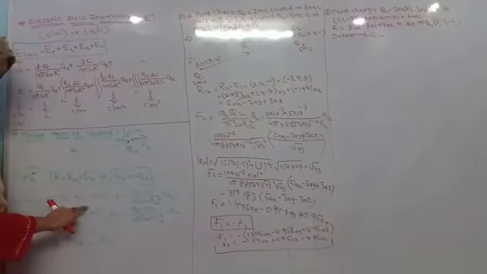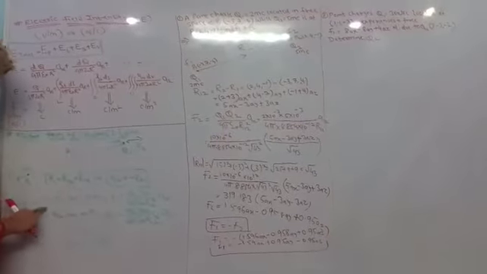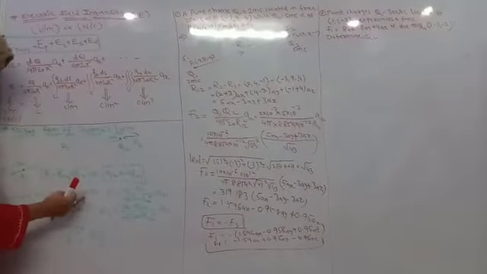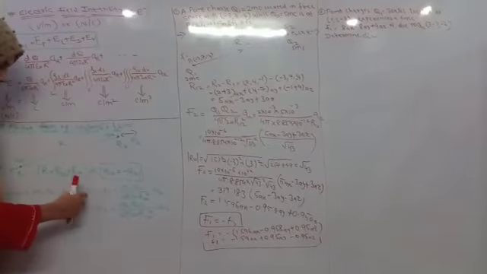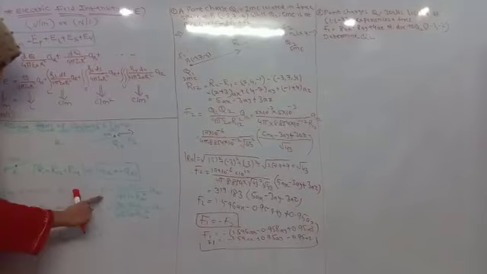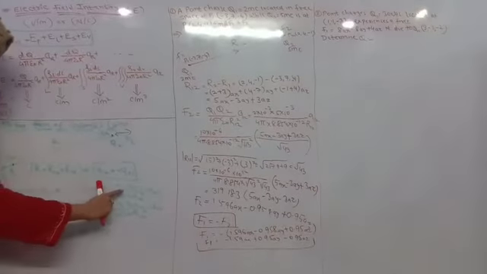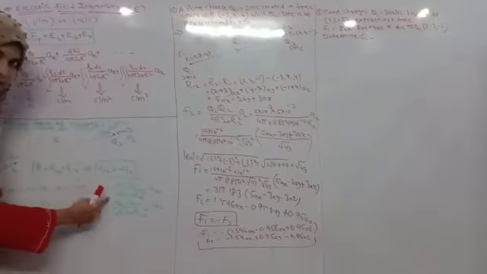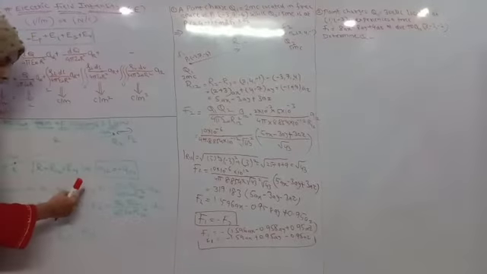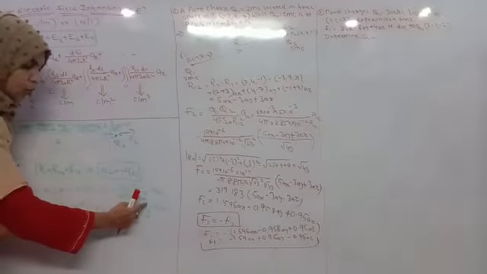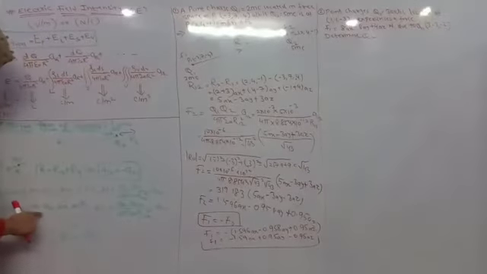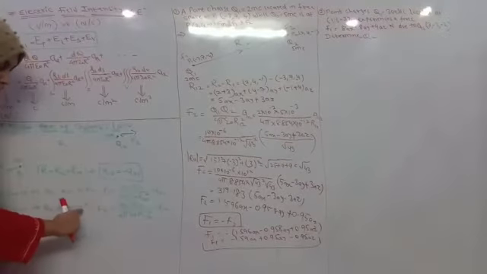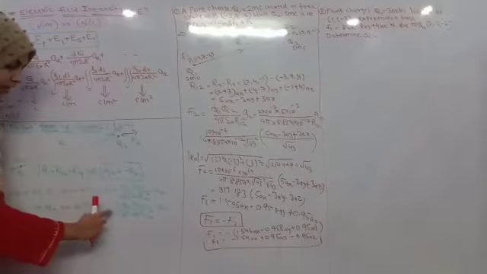The force on Q1 due to the other charge is F1, whereas the force on Q2 due to Q1 is F2. So the force F1 is Q1 Q2 divided by 4 pi epsilon and so on. Why have we taken 2,1? Because the force on charge Q1 is F1, but that is exerted because of 2. That's why we have taken 2,1. But my charge is Q2, so F2 will be the force, but that is acting just because of the exertion of 1. That's why here it is 1,2.